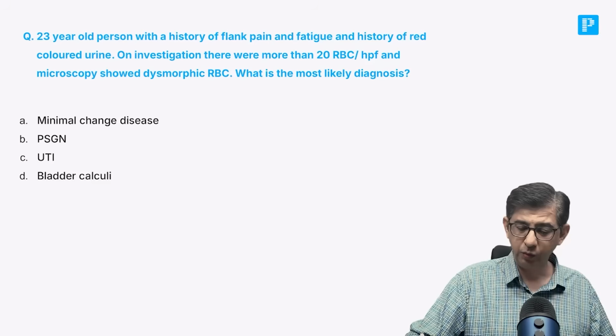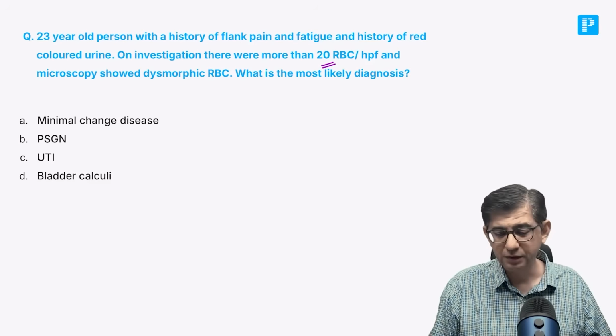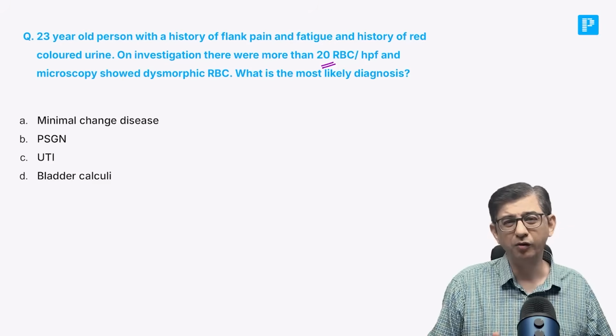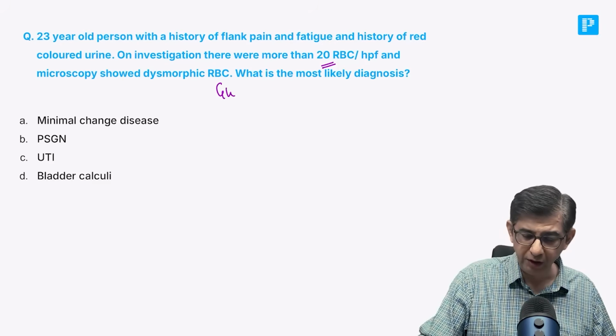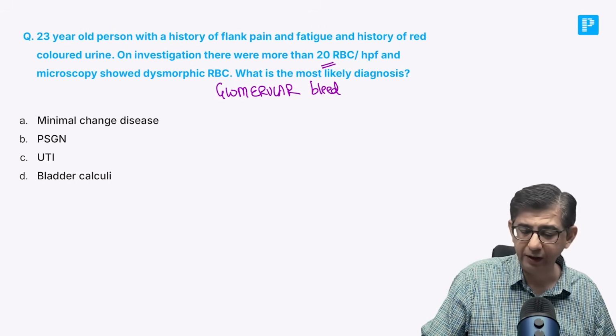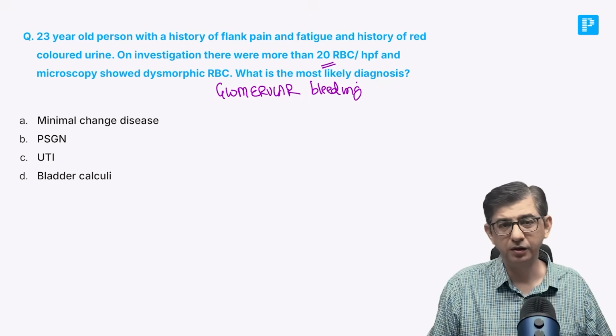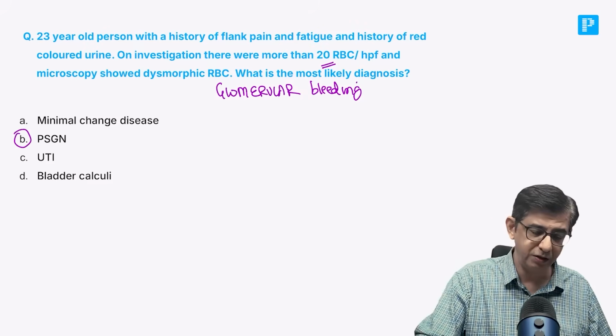Then there is a patient with hematuria. There's a bit of flank pain, and RBCs are present in the urine, and they are dysmorphic. The moment you read the words dysmorphic RBC, the MCQ is crying out loudly that this is a case of glomerular bleeding. The moment glomerular bleeding is present, the diagnosis in this case is PSGN, that